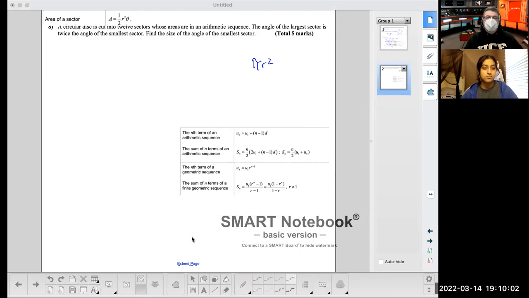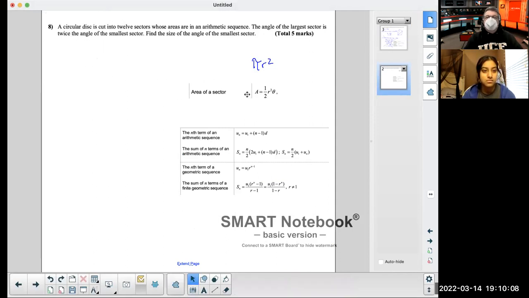Area equals 1/2 theta r squared. Theta's in radians. Okay, so what do we have to find? The angle of the smallest sector. Yeah. So that means that